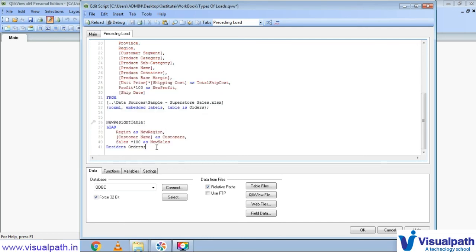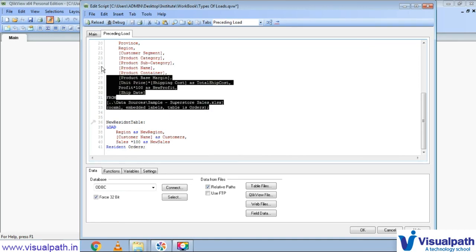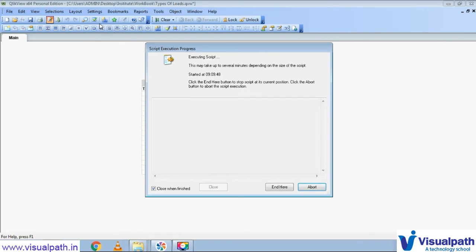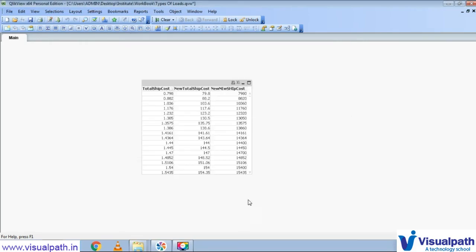Sometimes a preceding load will be required, and sometimes you need a resident load. This is the difference between these two concepts, preceding load and resident load. I'll click on load and you can see the difference. Okay, fine.